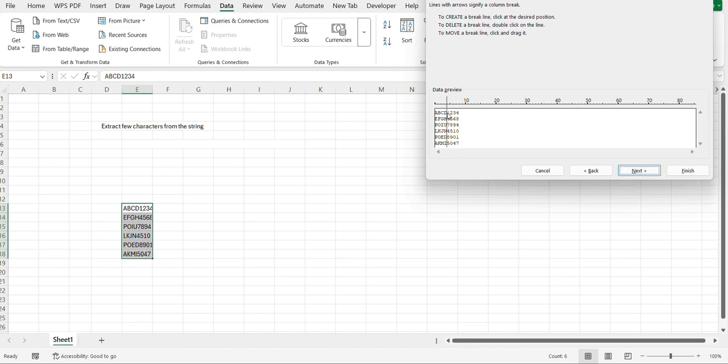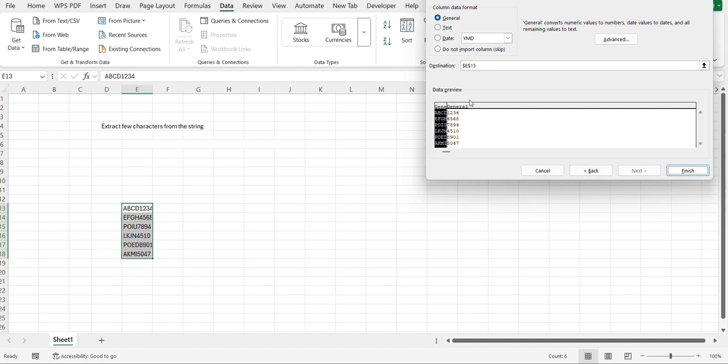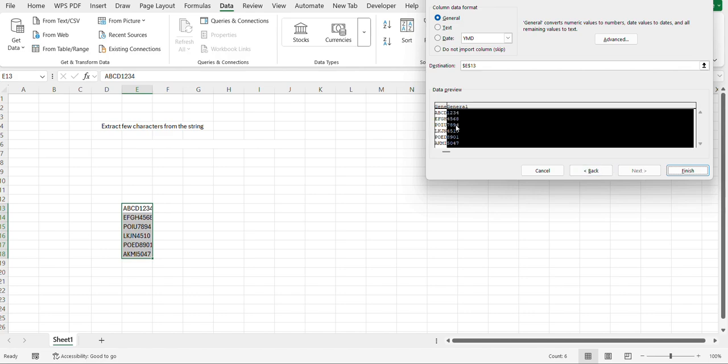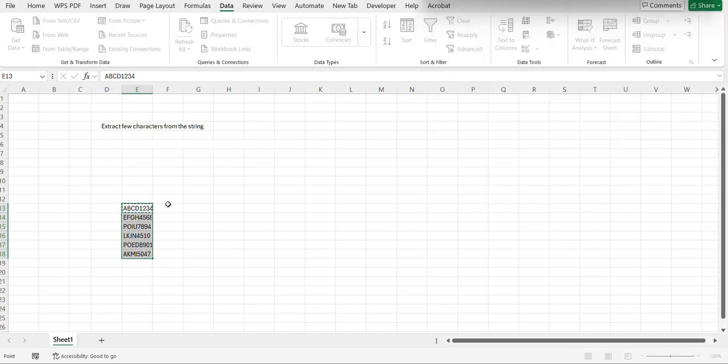Next, here I just write like split the text. Then I will select this one because I want to skip the number, and I will select Do not import column (skip), so this column will be skipped, and I will input